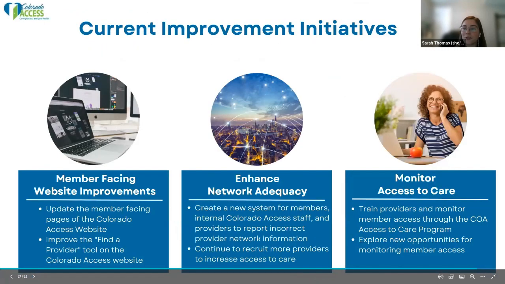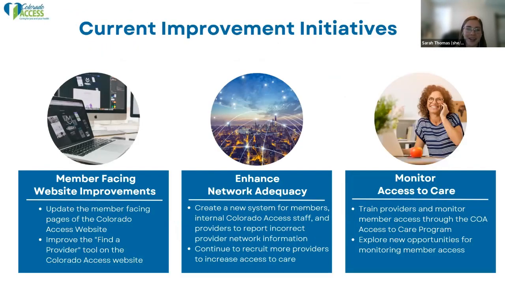All right, so improvement initiatives. What did we do after we got all this data? After getting the results from the survey and hearing that validation of anecdotal feedback from our member-facing teams, we decided to take action on some of these things that we could do internally. So we made member-facing website improvements, especially focusing on answering that question, who do we call for what? As even internally working within this field, that can be really confusing. And so we built a whole new interactive web page that answered these questions for members. And it was great because our internal teams use that now too. And we're also in the process of updating our Find a Provider search tool to make that more member-friendly as